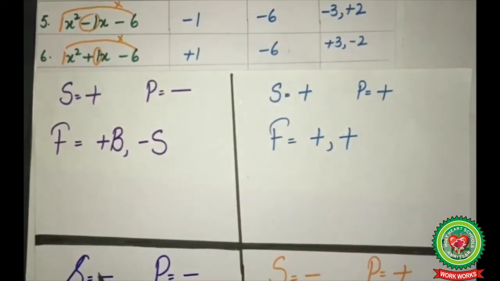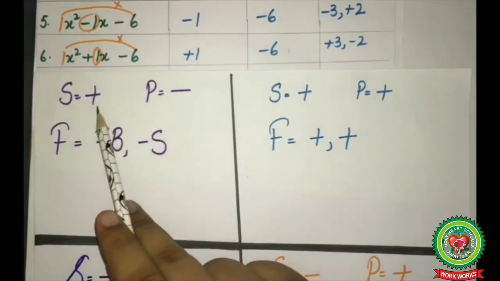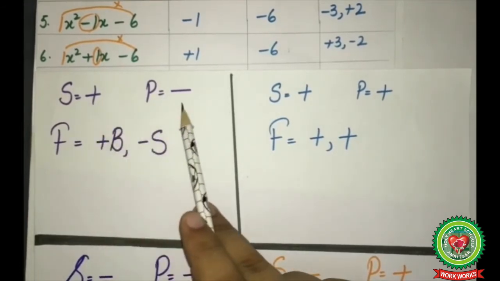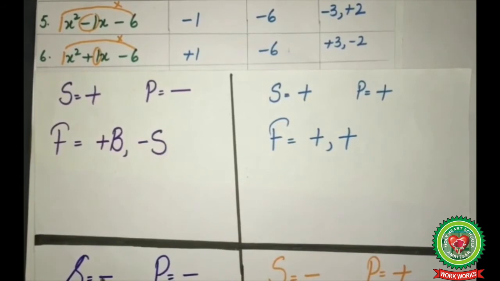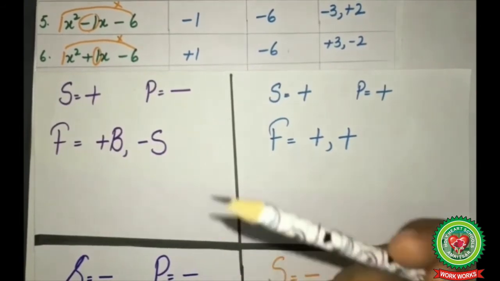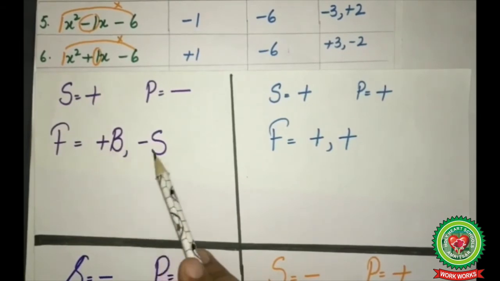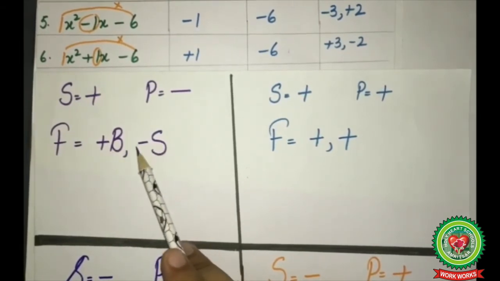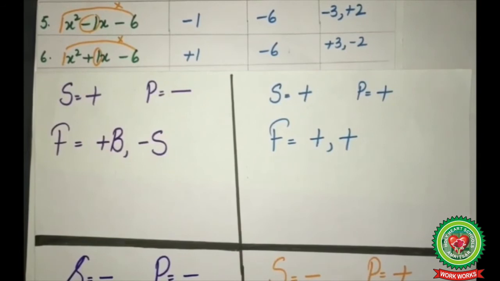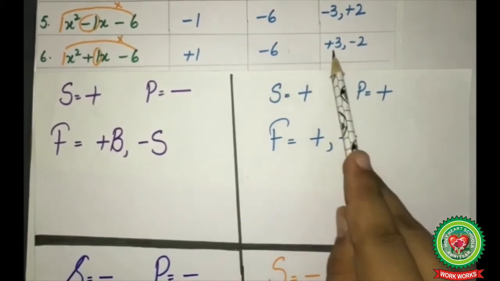Now in this example, the sum is with the plus sign and the product is with the minus sign. Now again both the factors will be having different signs. Since the sum is having a sign of plus, the bigger factor will be having a plus sign and the smaller factor will be having a minus sign. So therefore the two numbers which give the sum as plus 1 and product as minus 6 are plus 3